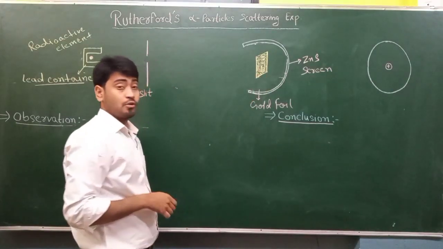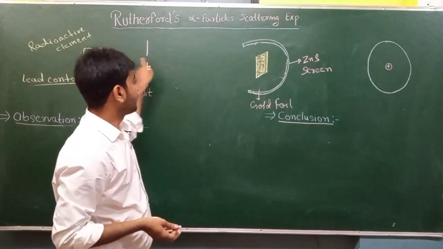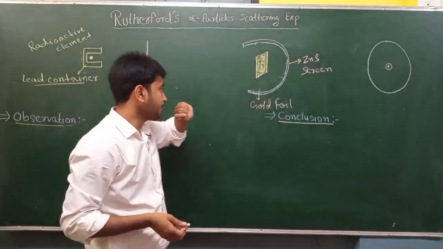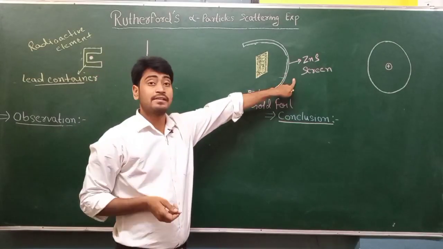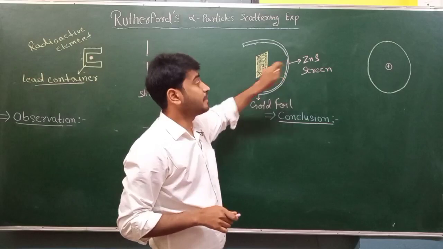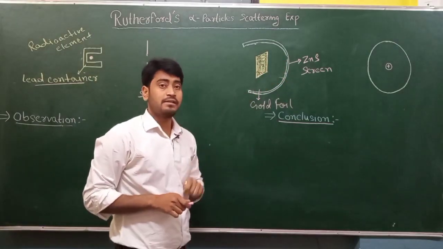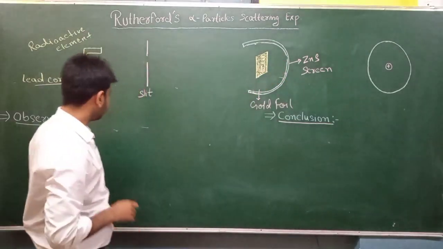The gold foil is taken for the bombardment of alpha particles on the gold foil. Okay, and lastly we take the zinc sulfide screen. The zinc sulfide screen is the detector of the alpha particles or radiation. Okay,